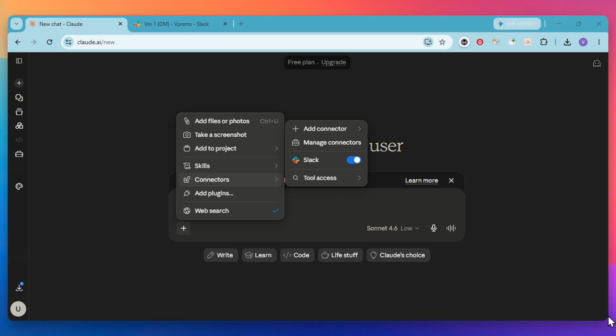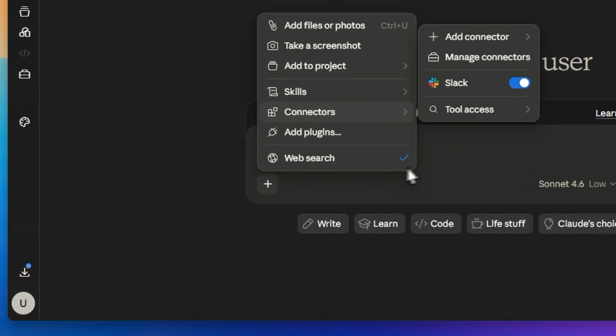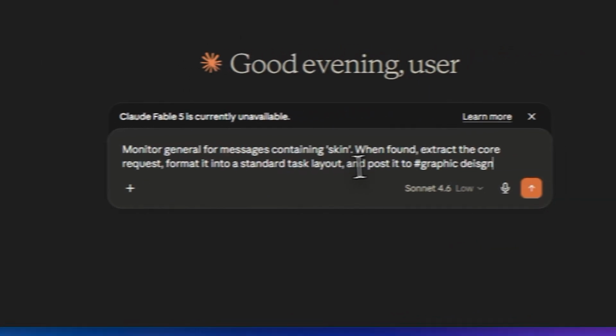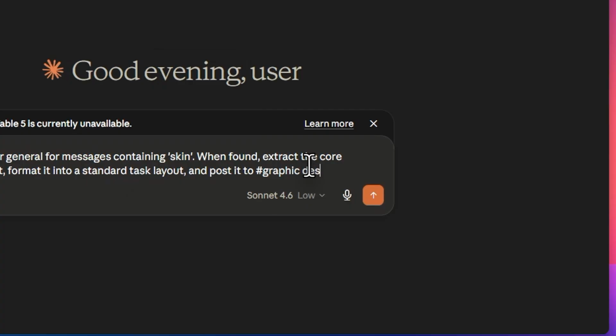Once the connection is active, you need to provide a precise prompt to define how the automation should behave. Think of this as giving a specific set of instructions to a virtual assistant who never sleeps. You should type a command that tells the AI exactly what to look for and where to send the results. For example, you can tell it to monitor a specific channel name for any messages containing a particular trigger word